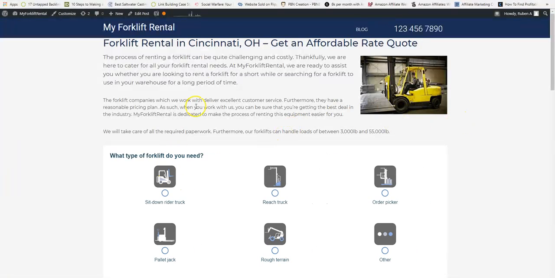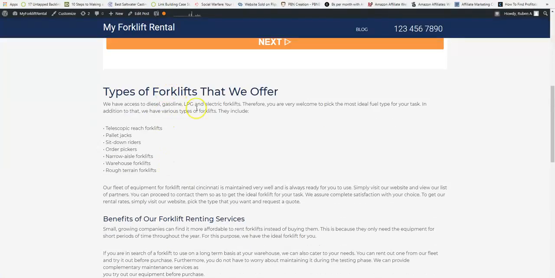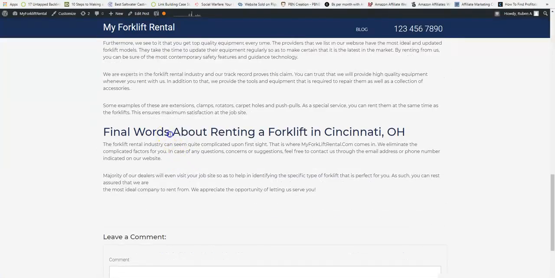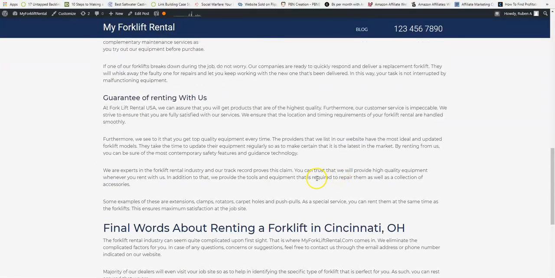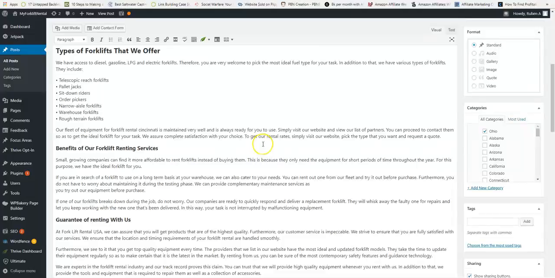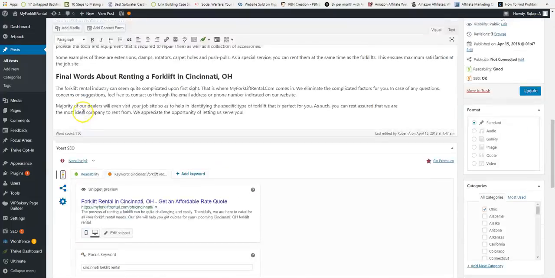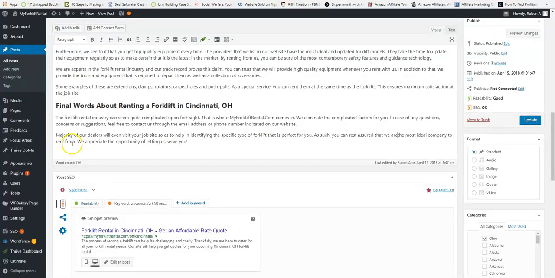Okay, so we have our first subheading. We have our image here. There's our lead information. There's the subheadings we did. Looks good. This is pretty much all we have to do. The only thing I see here is that we have too much. This should come back up here. So let's go back to the post. And we can see that we have unnecessary spacing here. So let's bring this up. Update.